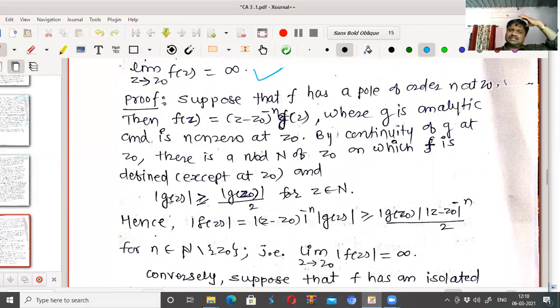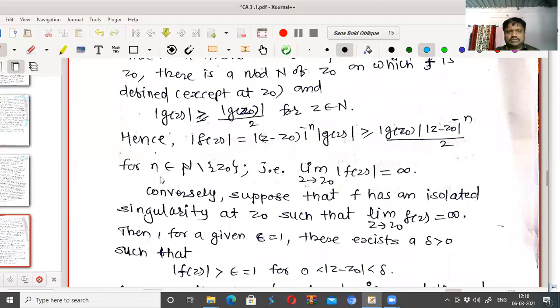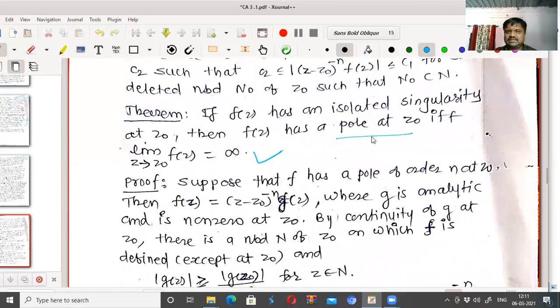Because g of z is continuous, by continuity of g at z0, right, there is a neighborhood N of z0 on which f is defined except at z0, and this is by using that g is continuous. Hence this holds for z in N except z0, that is, the limit as z tends to z0 of mod f of z equals infinity, that is, unbounded. Okay, that is the case there. So this proves if f of z has a pole at z0 of order n, then this is equal to